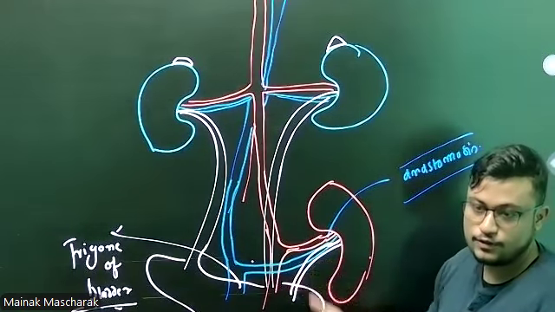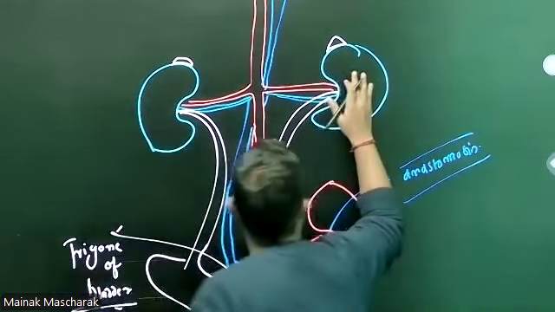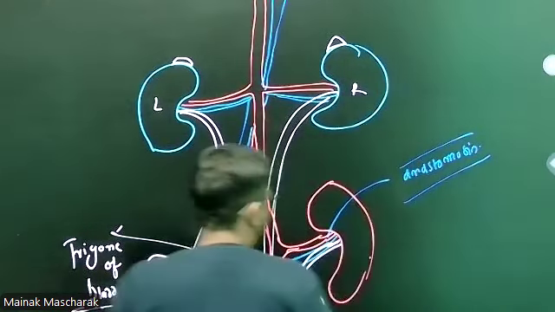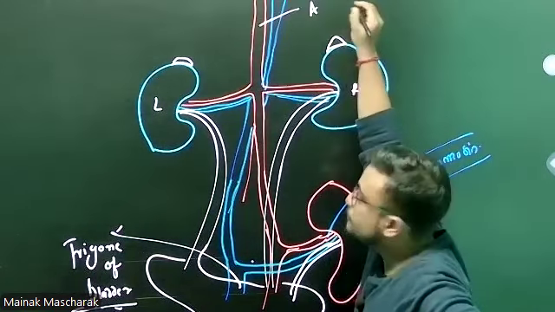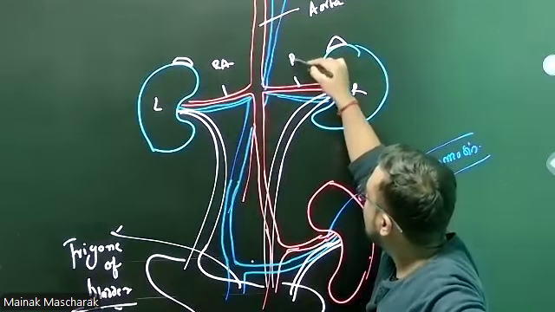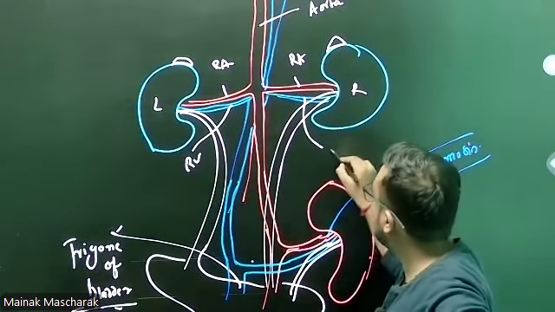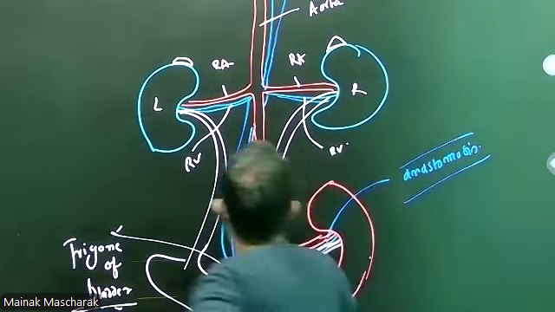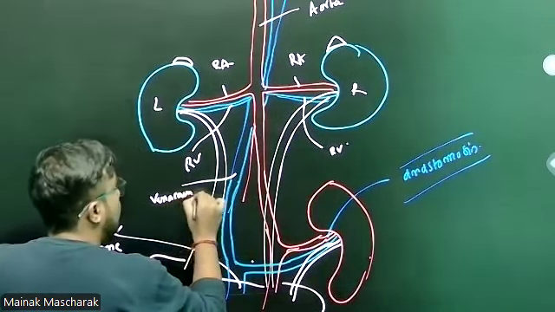And now this kidney will function normally. I said, suppose this is the right kidney and this is the left kidney. Yes or no? Now this is the new kidney that is placed. This is your aorta. Yes or no? Aorta divides to form the renal artery. This is also a renal artery. This is the right renal vein and the left renal vein. Yes or no? Now these renal veins will join to form the vena cava. Yes or no? And this is your aorta.